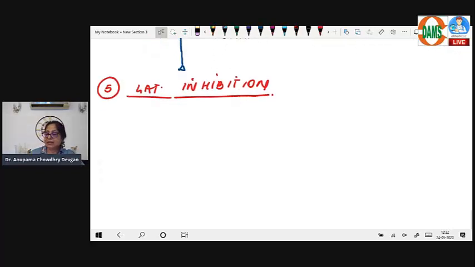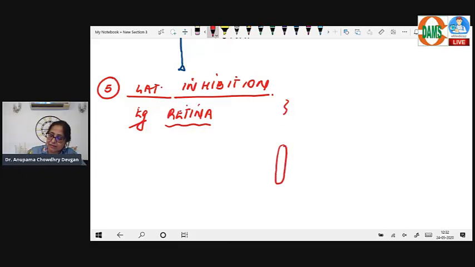You see lateral inhibition, for example, in the retina. For instance, if this is a rod which is getting excited, light falls on this and excites this rod here. Now, via the horizontal cells,